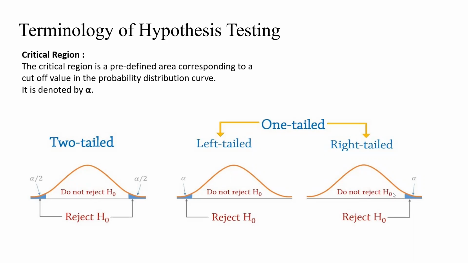That means if your sample value lies above that, you will reject the null hypothesis. That is well and good, but if your sample value lies at the extreme, where the alpha shaded region is, even though it supports your alternate hypothesis and is against your null hypothesis, we do not reject the null hypothesis there, because the chance of that particular value coming up again and again is very less. The y value in the probability distribution is very low for these values. What it means is, though you got this extreme value, the chance of getting it is very less.